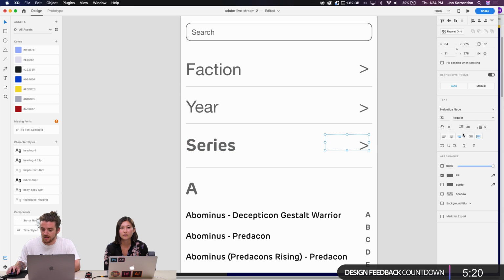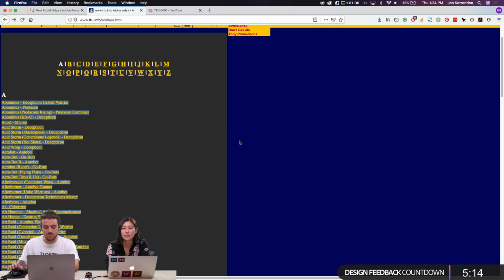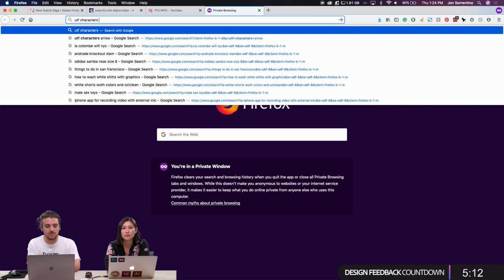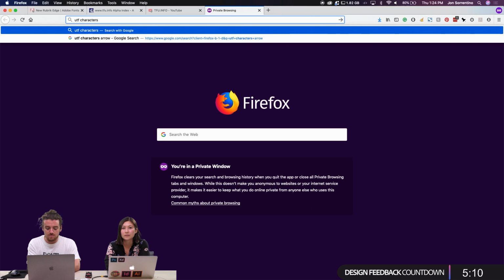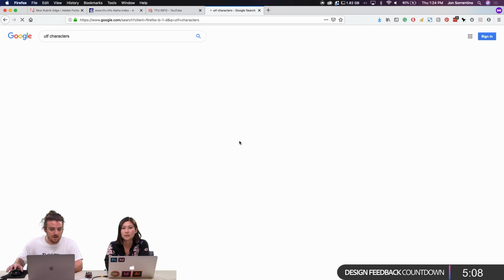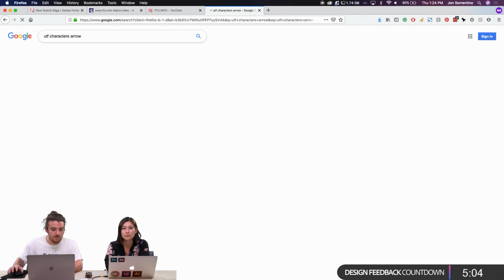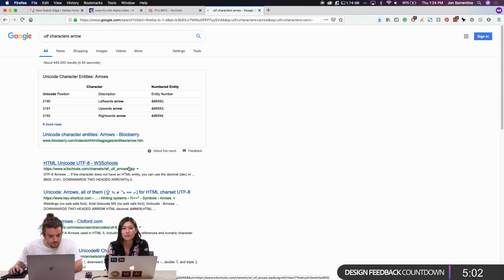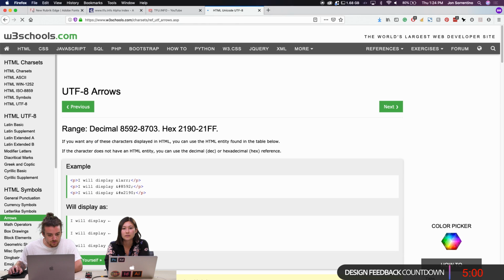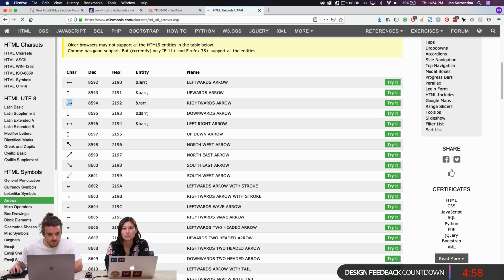I'm not a big fan of the little arrows or carrots. So what I usually do is just go to UTF characters. And then I just grab an arrow. I'll just grab one of these arrows.